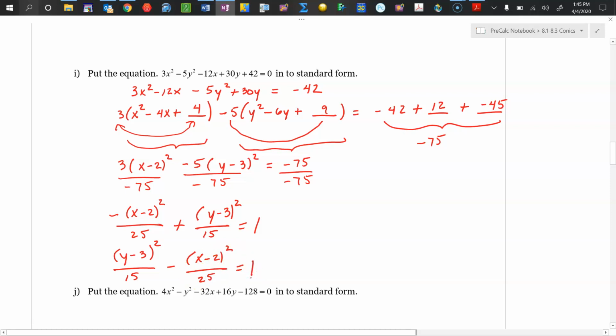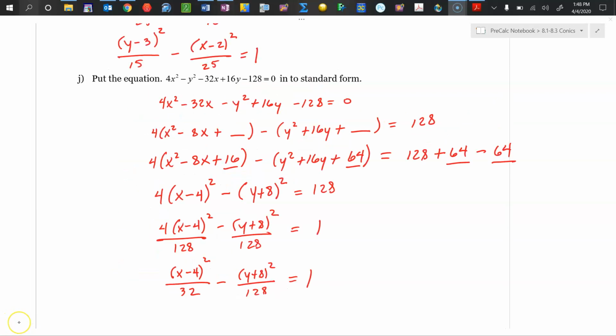So we can see that we have a hyperbola with center 2, 3, and it opens up, down. I'd like you to pause the video, do letter J, and then when you're finished with that, start the second homework assignment from